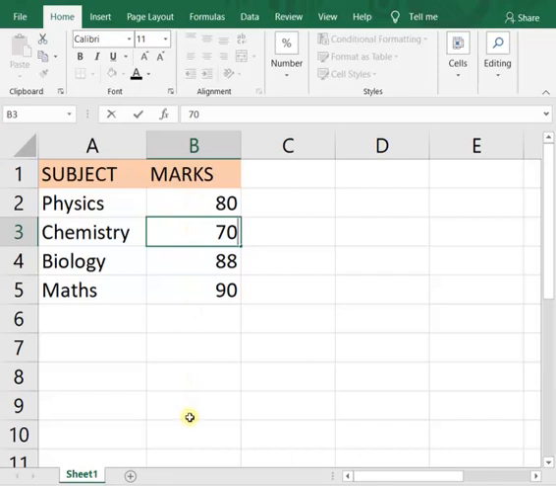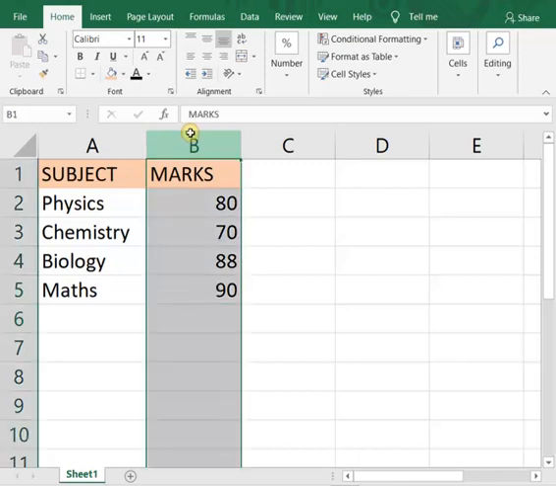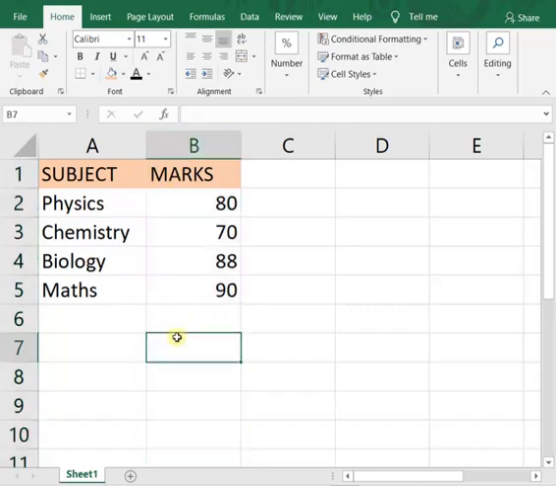So any cell of this column we can select, or we can select the whole column by clicking on the column header. It will select the whole column. Otherwise we can select any cell of this column.